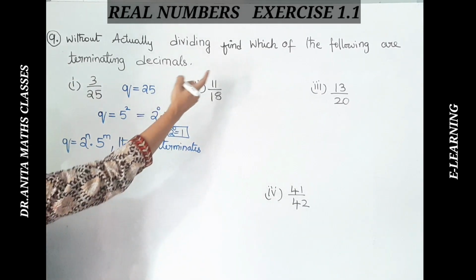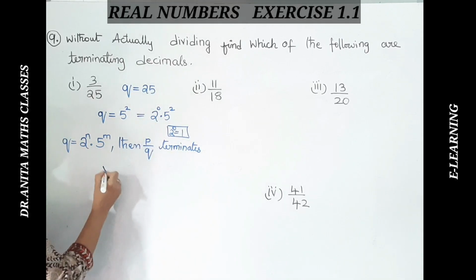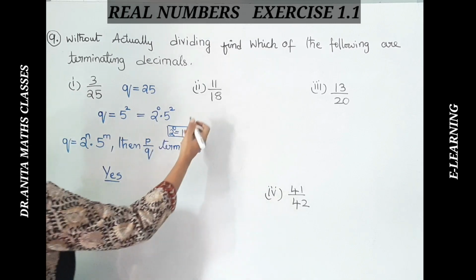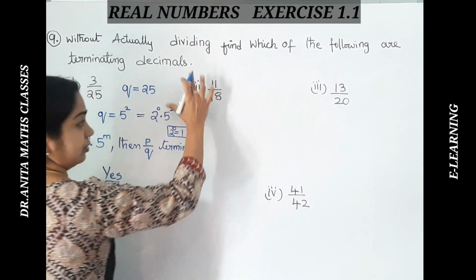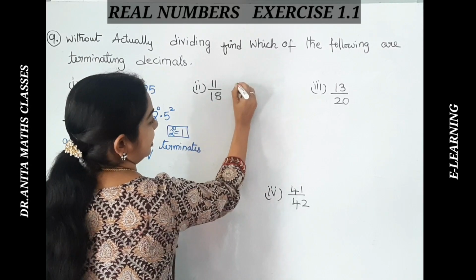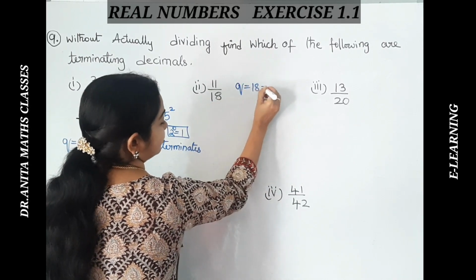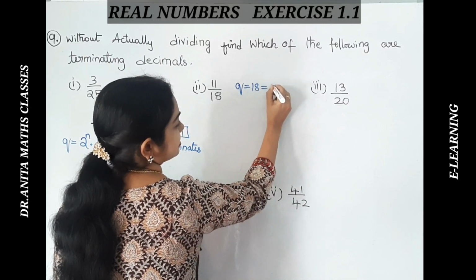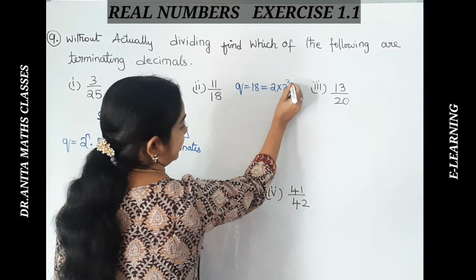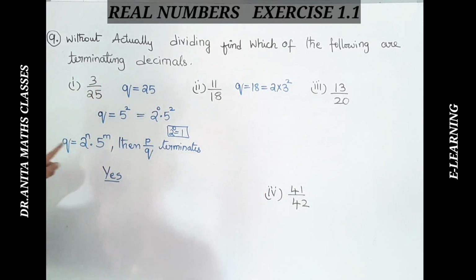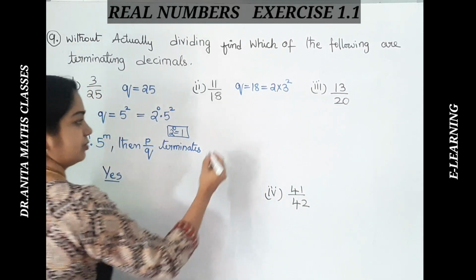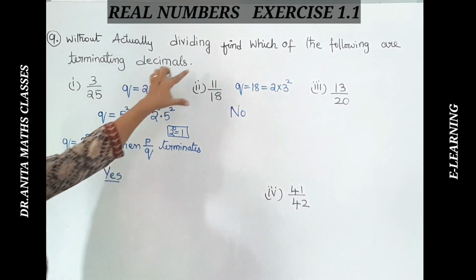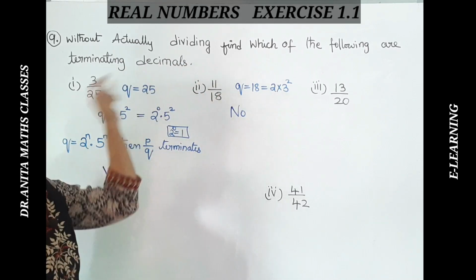So here, which of the following are terminating decimals? Yes, terminating decimals. You can write just yes for this one. Likewise, here I told you for illustration, but you can do everything here. Now q is 18. The prime factors of 18, you can write as 2 nines, isn't it? 2 into 3 square I can write. Now this is not in the form of 2 to the power of n and 5 to the power of m, right? So it doesn't have a terminating decimal. No, this fraction cannot be written in the form of a terminating decimal.